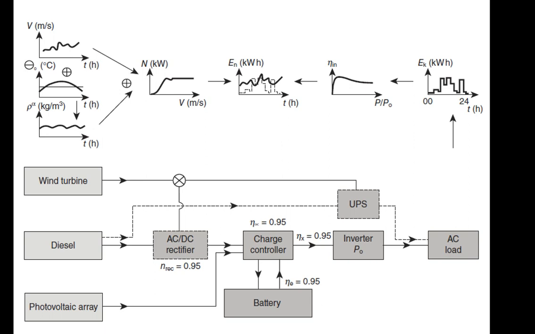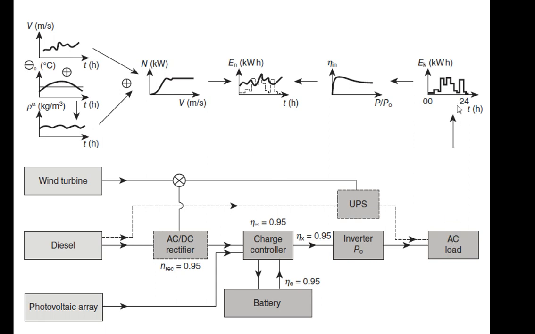So in this block diagram of the hybrid system, 4 sources are used. The first is the wind turbine, the second is the photovoltaic array, the third is the battery, and the fourth one is the diesel generator. If we talk about the wind profile in this case, we have a variable wind speed with a variable pitch angle, and rho is almost constant, that is 1.225 kg per meter cube. If we combine these, you can draw this characteristic, and with the change in regime wind speed we have various kilowatt hour incorporation.